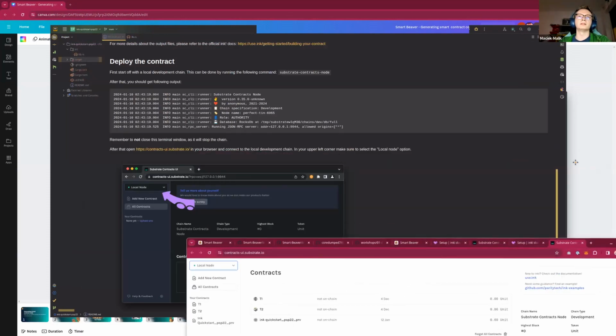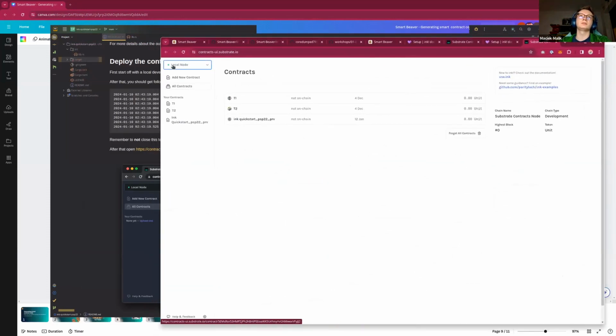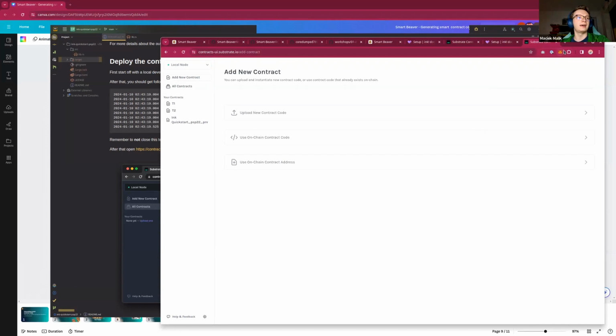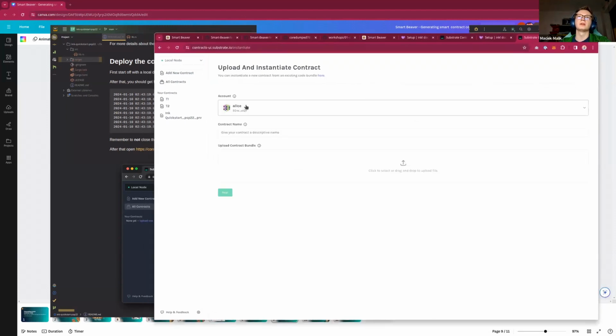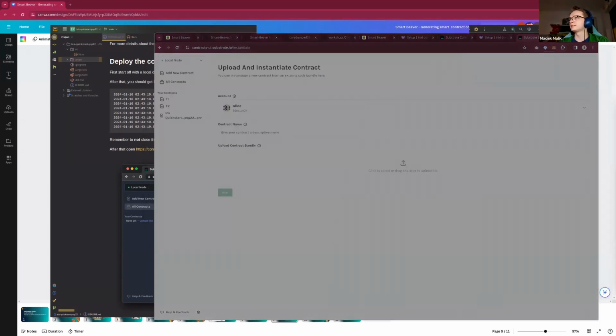Pay attention only to the upper left corner at the start, because you need to select the local node, which is really important for our workshop. And when you have a green dot here, we can proceed to upload the contract code. You can leave the account as is. The default one is fine. And right now I will just select the .contract file,